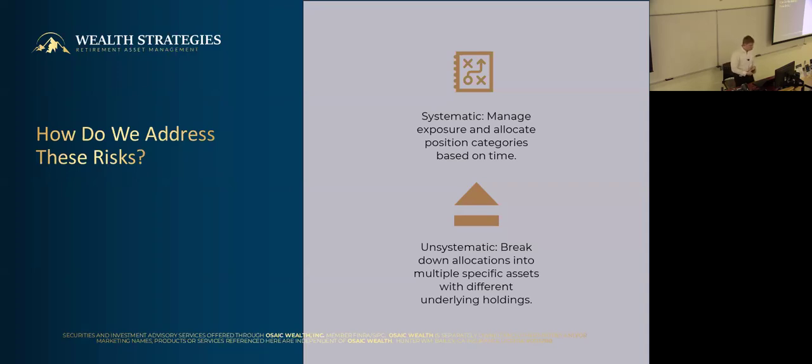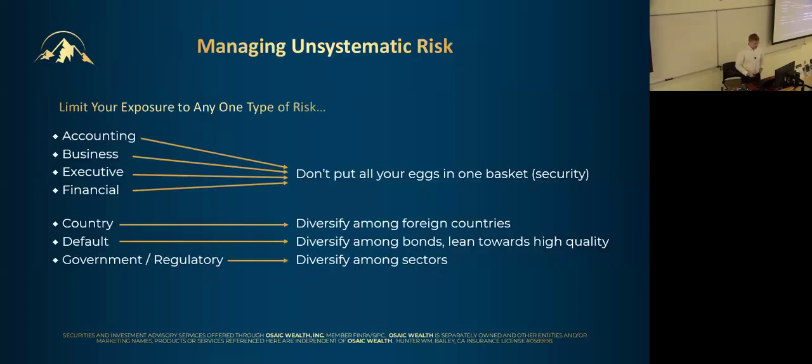If you're in just a technology fund, financials could do great, healthcare could do great, but you won't ever see that benefit. Technology could do really horribly, and you're going to feel all of that. You're going to feel the brunt of that happening right in your portfolio. So managing unsystematic risk really gets simple: just diversify around, but limit your exposure to any one type